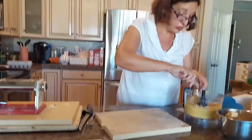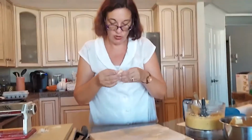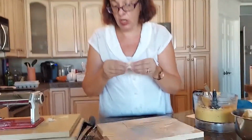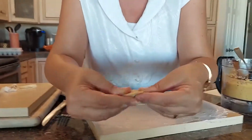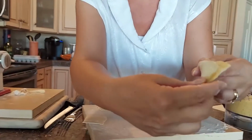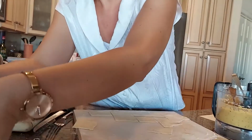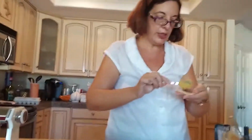Now, as I told you, we are in the desert, so the climate is totally different. It's getting very dry very quickly. So, you know, now I'm going kind of slow to show you how I make these tortelli, but it's really affecting the pasta. So I make my triangle like this. I put my finger here and turn it and close it. This is how you make tortelli. The third one, and then I'll stop,